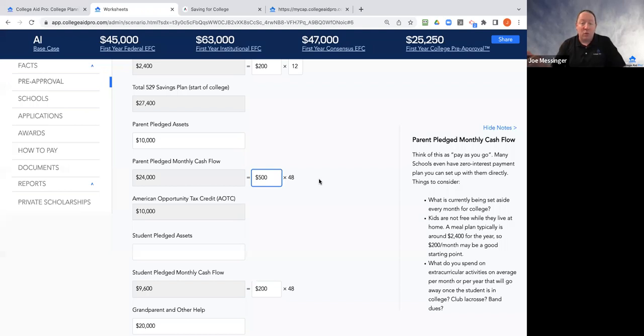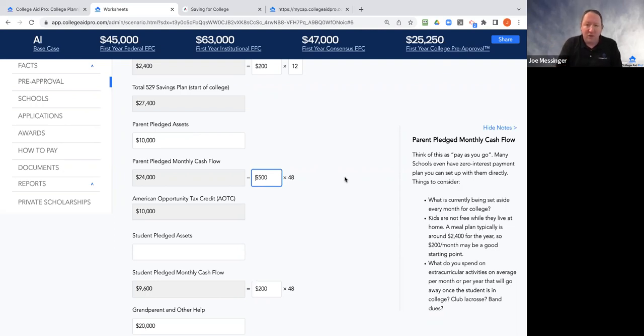What I've learned working with hundreds of families over the years is that cash flow is often pretty good for some. You just haven't been able to save as much because the runway is so short for college. Don't feel bad if you feel like you haven't saved enough for college. The vast majority of people would say that. But the cash flow piece, if you look at what's to the right, what we talk about is